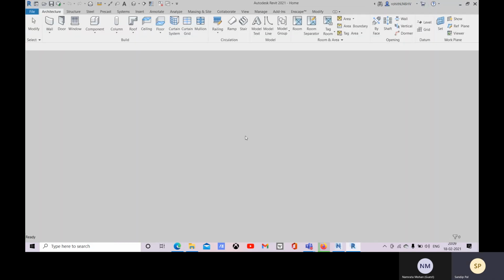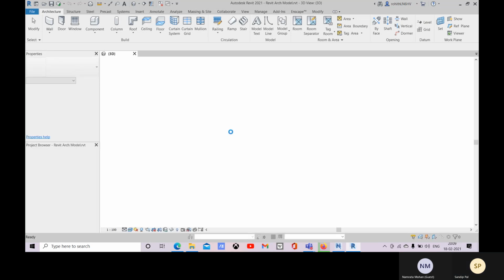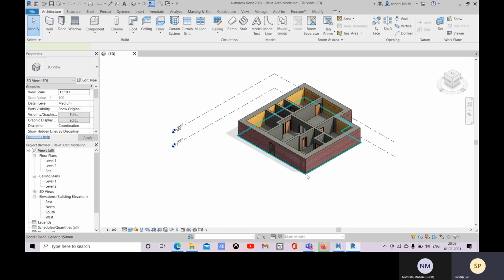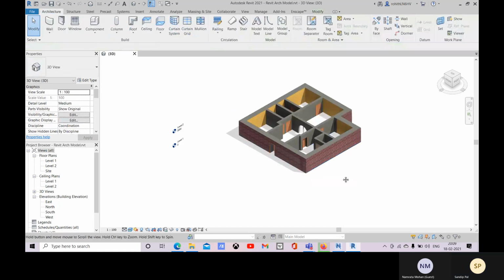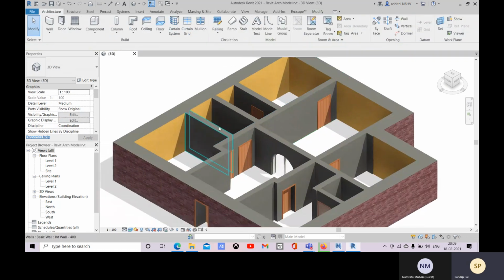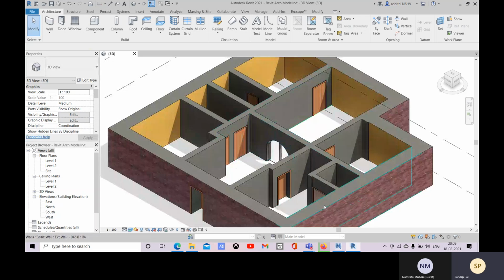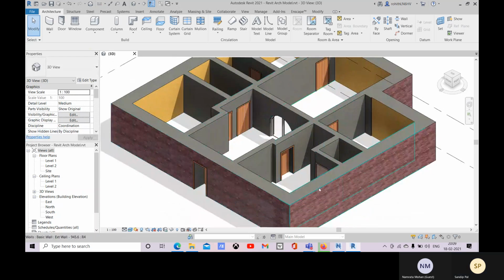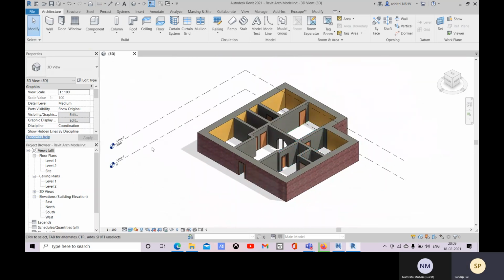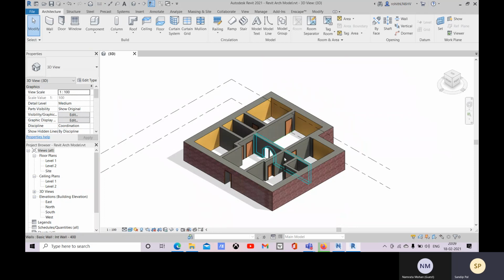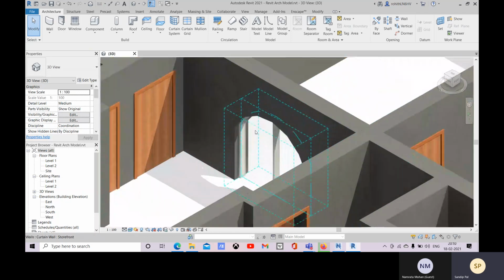the previous file. So you remember that we have created these walls and doors, right? Now we also have created this curtain wall.